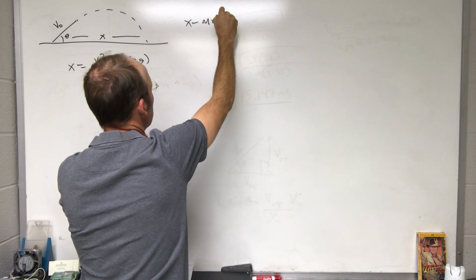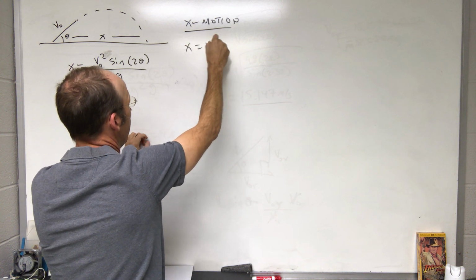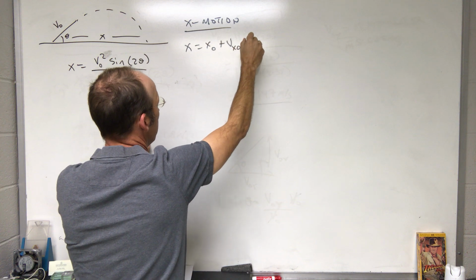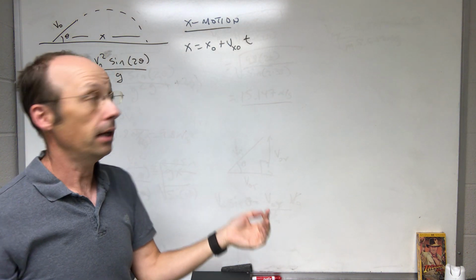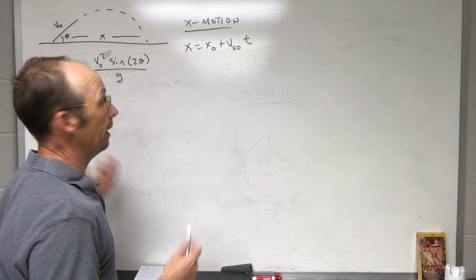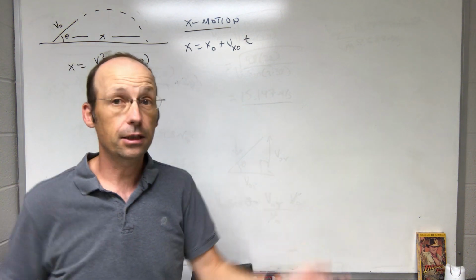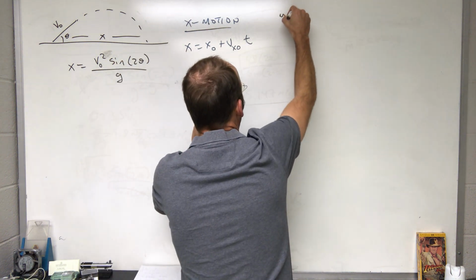X motion, where x final is x initial plus v x initial t. I can say t starts at time t equals 0. And I'm actually going to say x is equal to 0 too. Okay, and that's it. Right? There's no other equation in the x direction. There's nothing else I can do because it's moving at a constant velocity. Everything else is boring. And then I have the y motion,